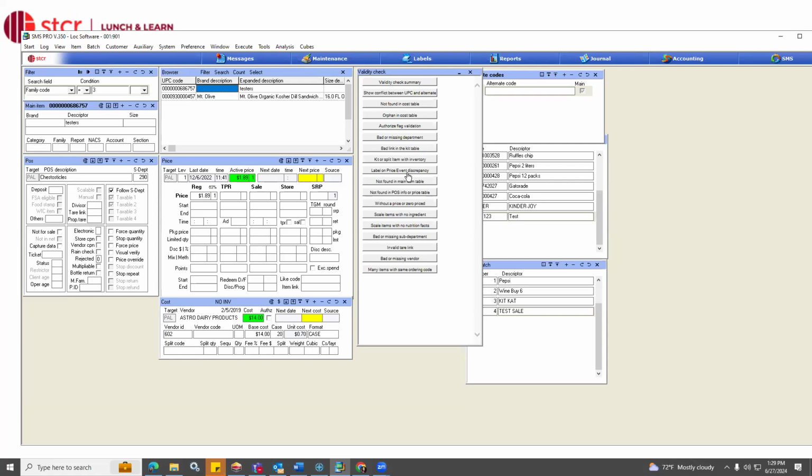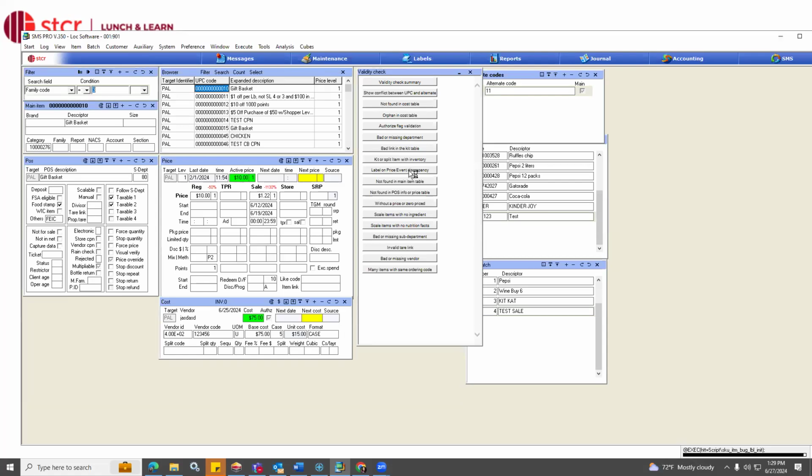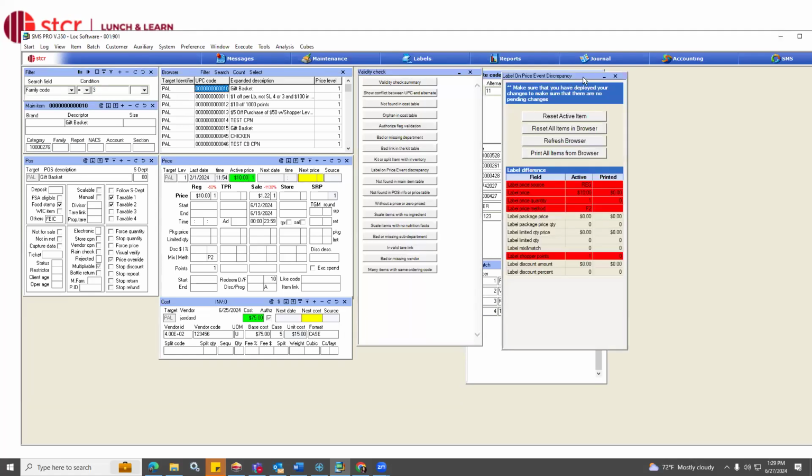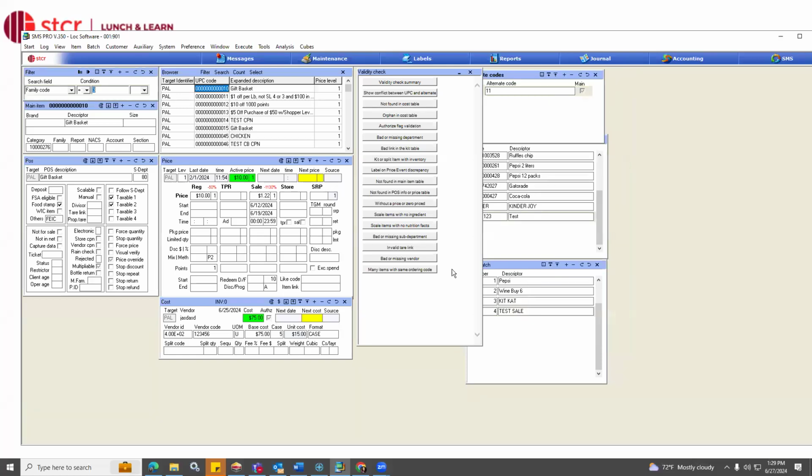If you did a bunch of price changes and you want to make sure that you printed a label, this will show you any items that haven't had a label printed since the price was changed. This is a great tool, but if you import in a lot of changes, it will be a pretty lengthy list. If you keep up with it though, as you're doing your price changes, every time the price changes, you print a label. This way you can go in there and make sure that all of the items have a label,